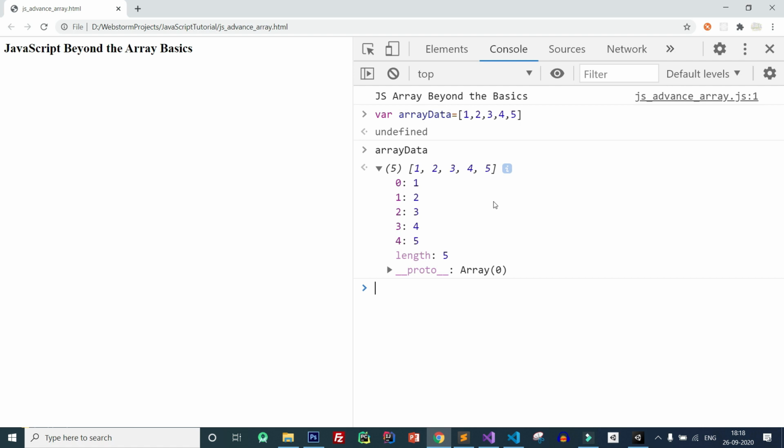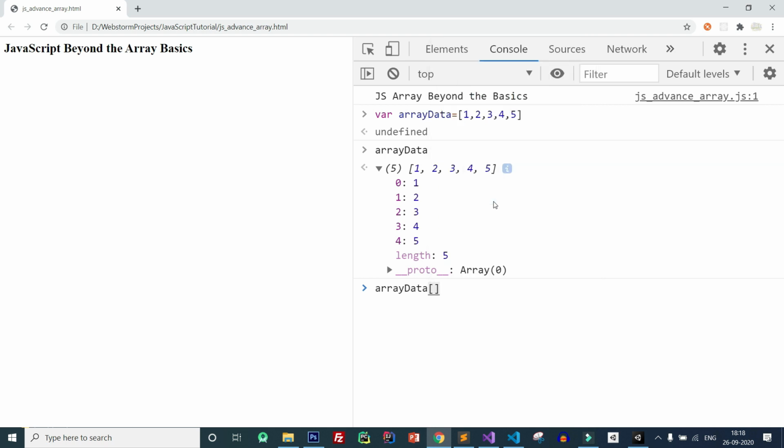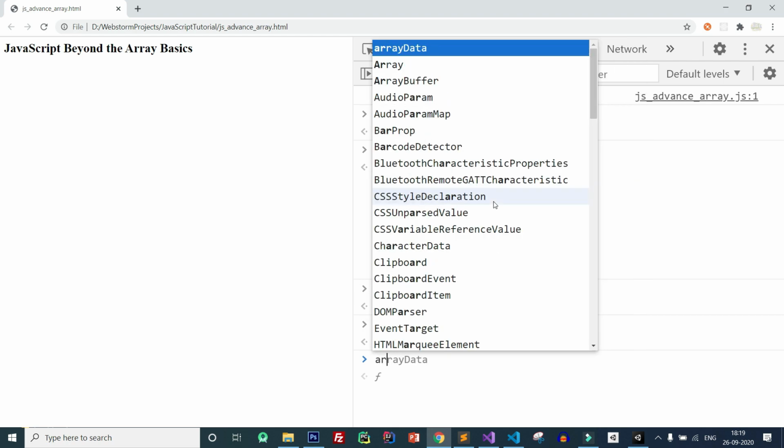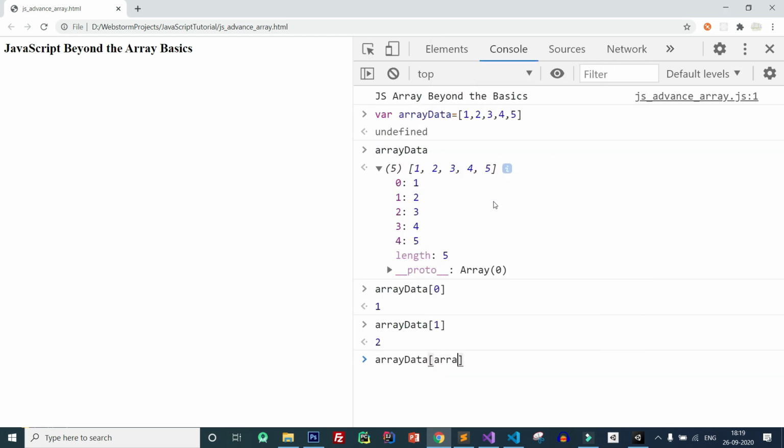Also if you want to access an item of the array, like array data, to access the first value, simply pass position 0. If you want to access the second position, pass 1. And if you want to access the last item, simply pass array data dot length minus 1.